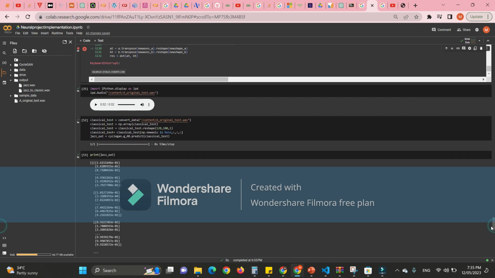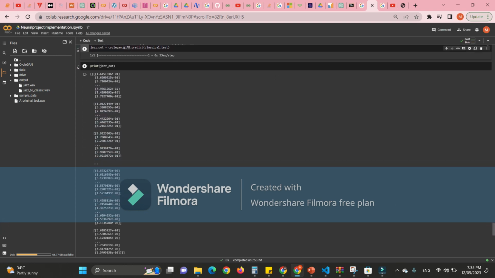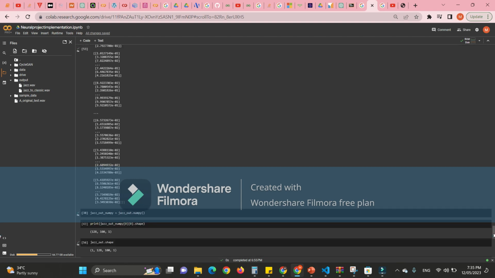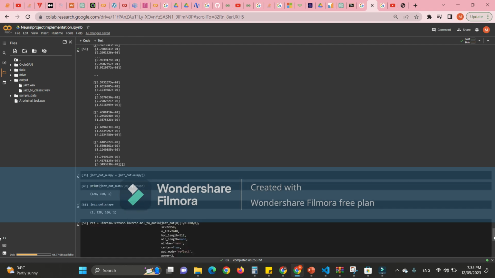All right, and then I used the generator from classical to jazz in order to get the jazz output. And this is the printed output for the classical transferred into jazz style audio.